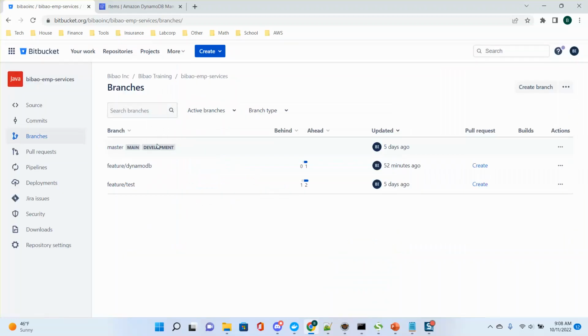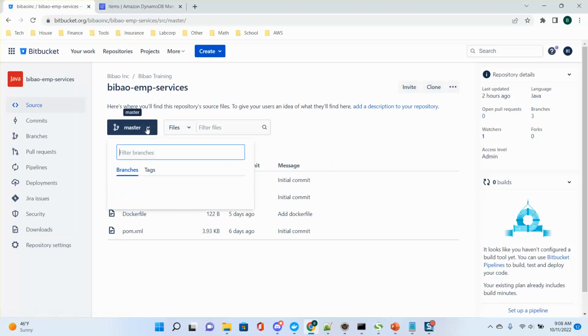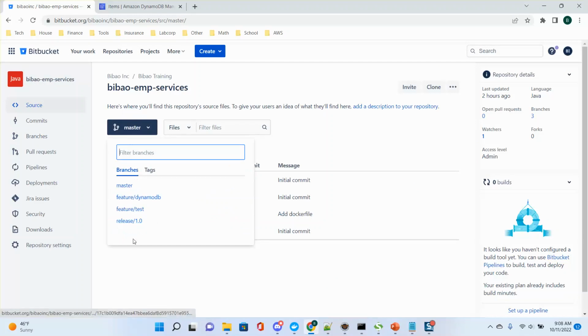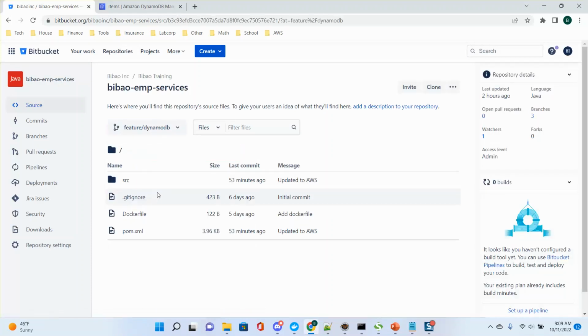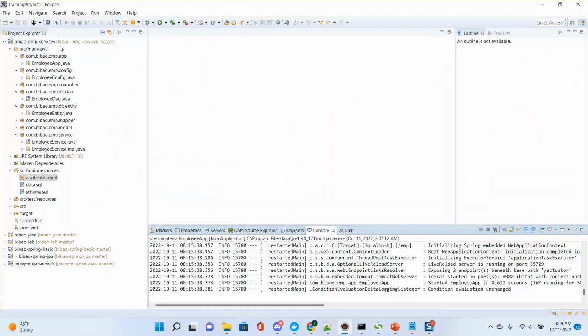So I have two releases. Let's come back to the source. Usually I don't use master. Release 1.0 is copied from master, and I will have a release 2.0. Release 2.0 will connect to DynamoDB, but I will use this one as my backup. Okay, now in our code here,